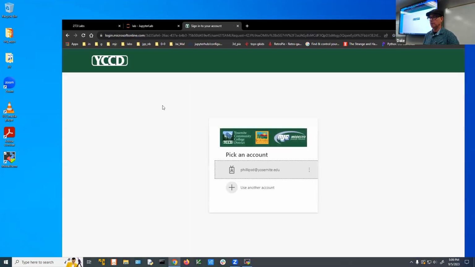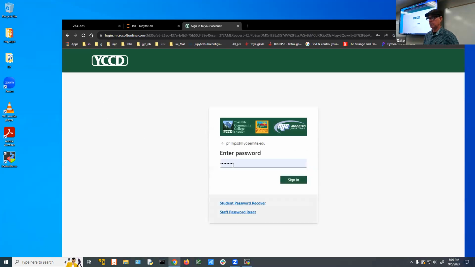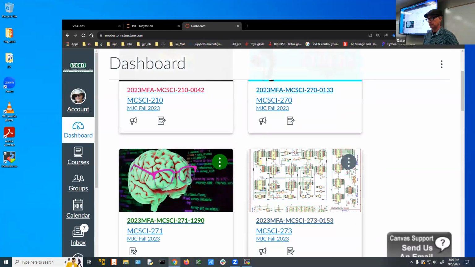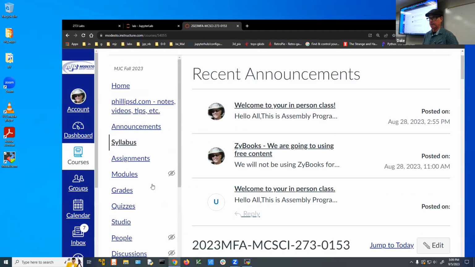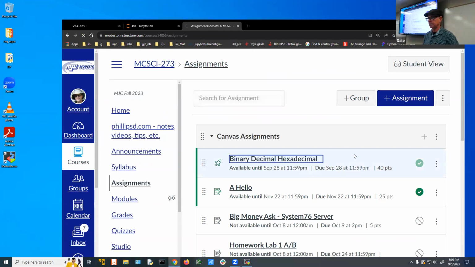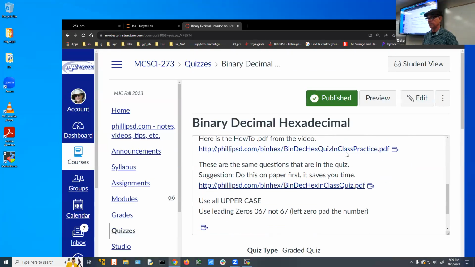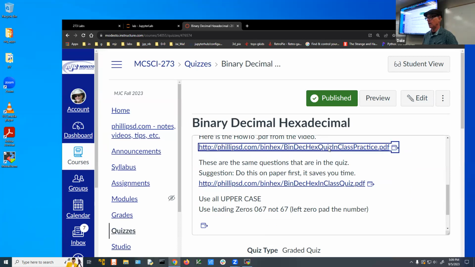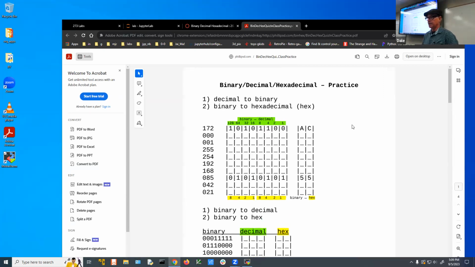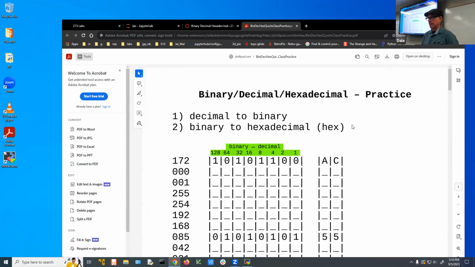I've got it in there somewhere. And I'll go into the assembler class. Here we go. All right, assignments, binary hexadecimal. There's a YouTube video, and then I'll open this one. A little hard to see, but basically,